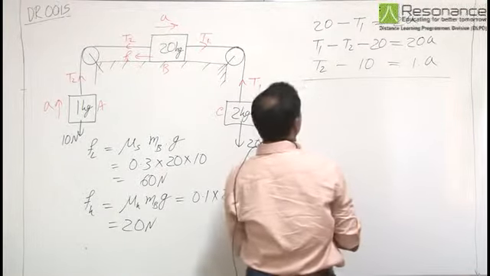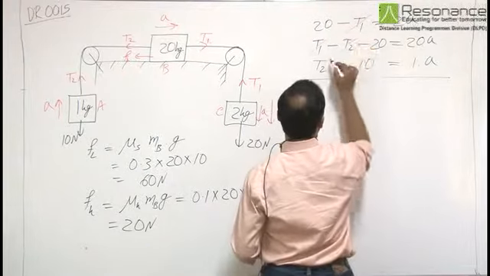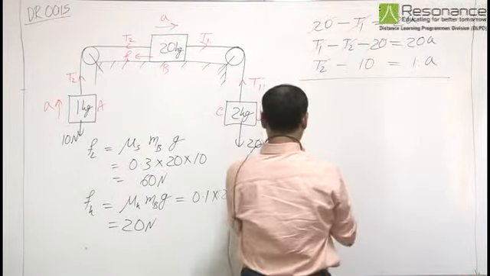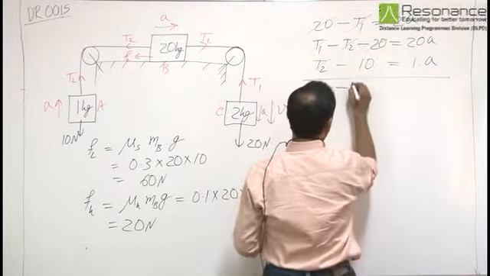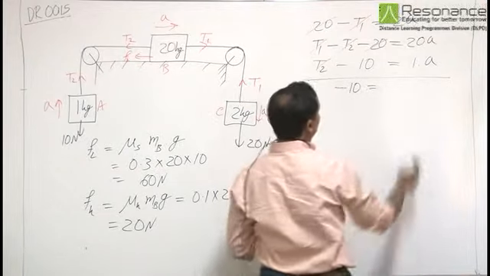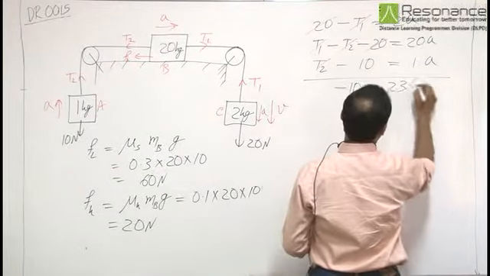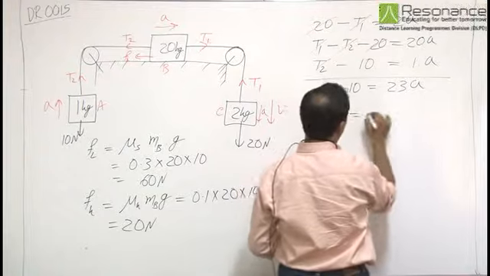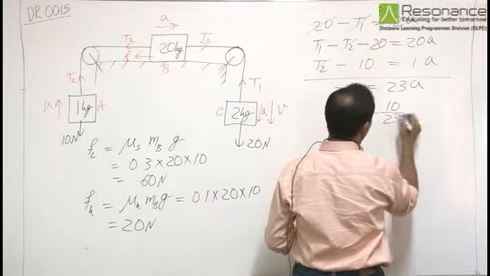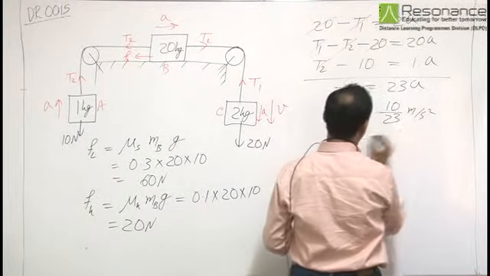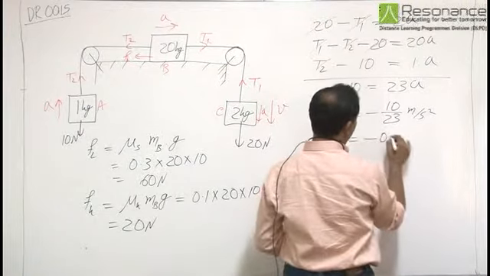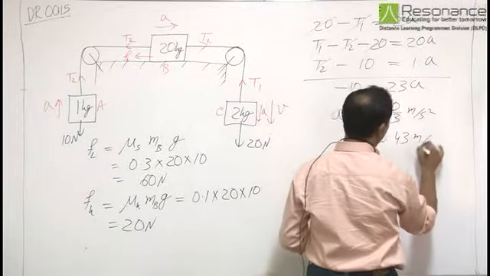Adding these three equations, we get minus 10 is equal to 23A, or A is equal to minus 10 by 23 meter per second square, that is equal to minus 0.43